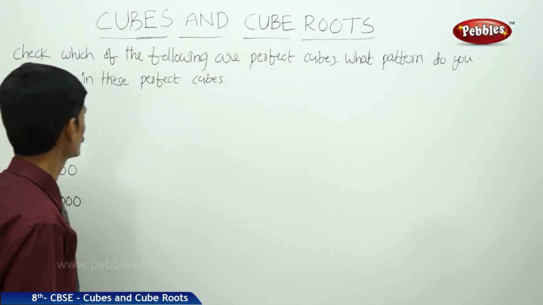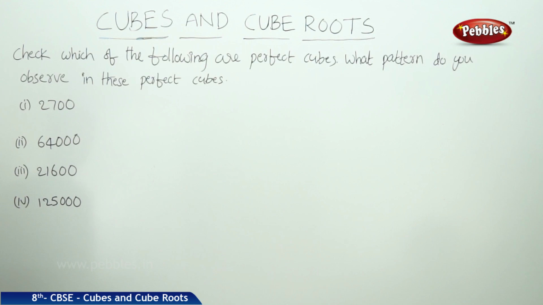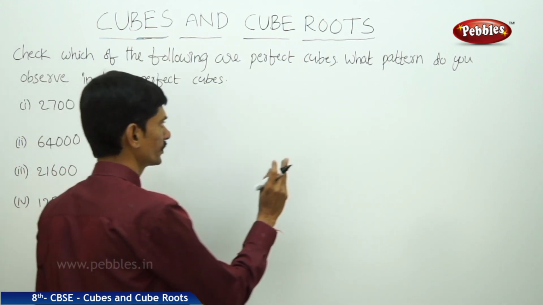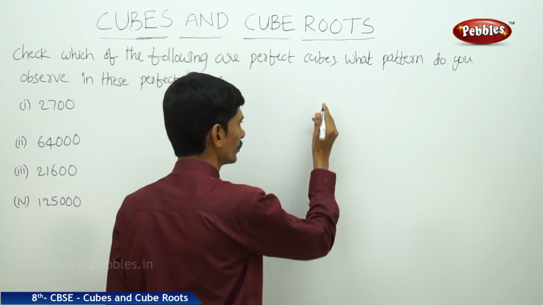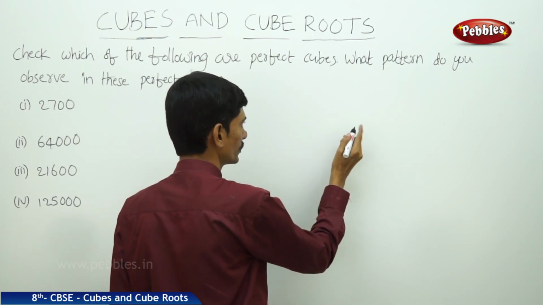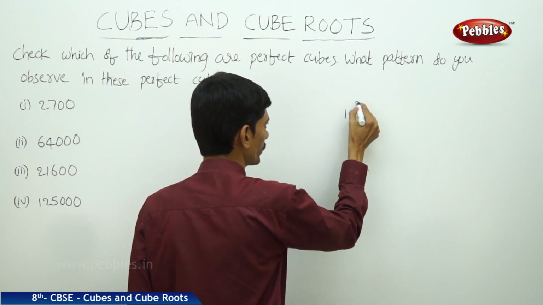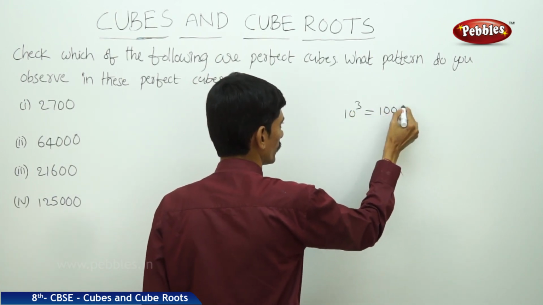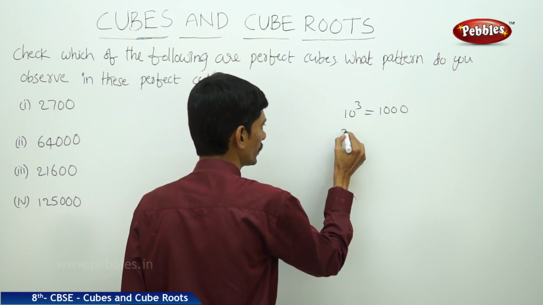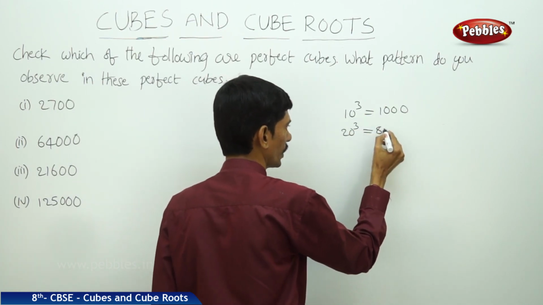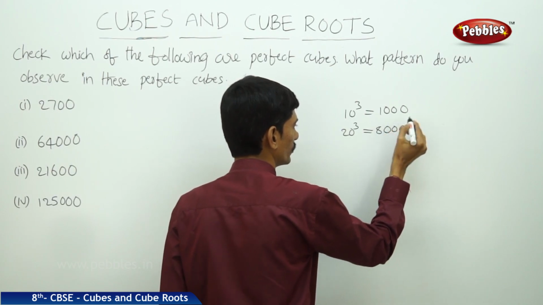Now let us solve the next question. Check which of the following are perfect cubes. So what pattern do you observe in these perfect cubes? Now let us check the cubes of some natural numbers whose ones places are 0. Let us take 10. So 10 cube equals 1000, and 20 cube, here 2 cube is 8, and we can take 3 zeros,